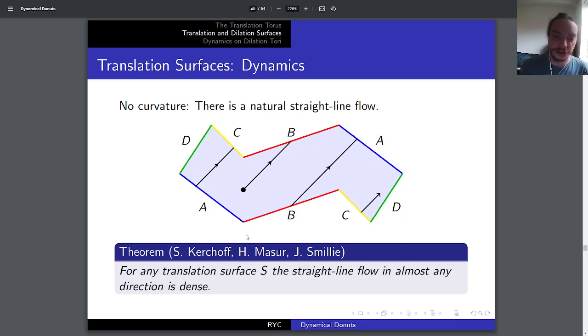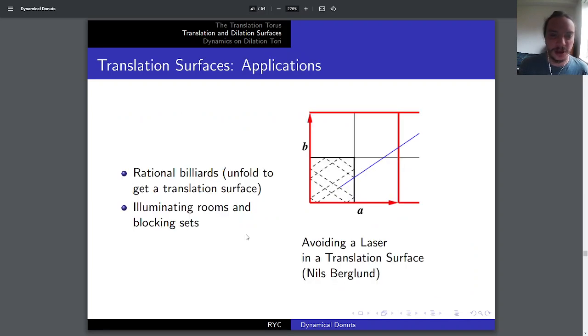All right, so we understand what happens on translation surfaces, even if the proof is way too complicated for us to talk about in this talk. And what can we actually do with these surfaces? They're useful for a variety of things. They come up in a lot of contexts in physics, things like solid state mechanics and crystal lattices. Translation surfaces come up a lot, but I guess the two big applications that we see a lot are the